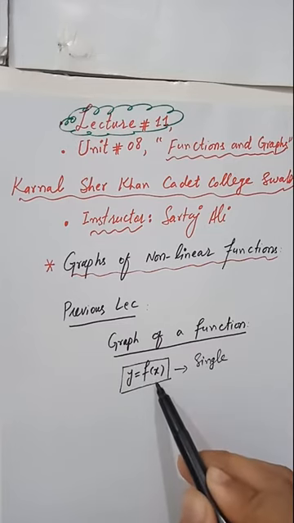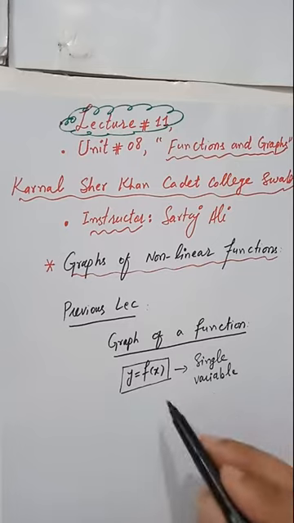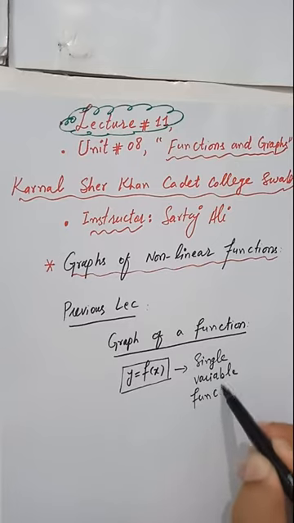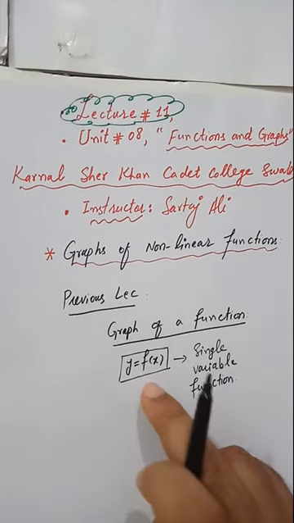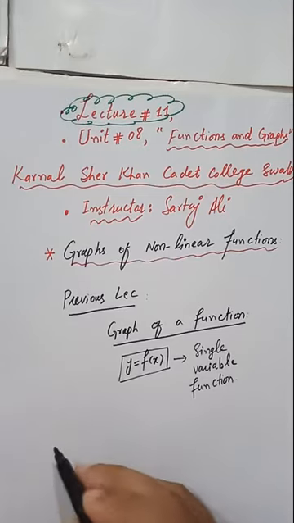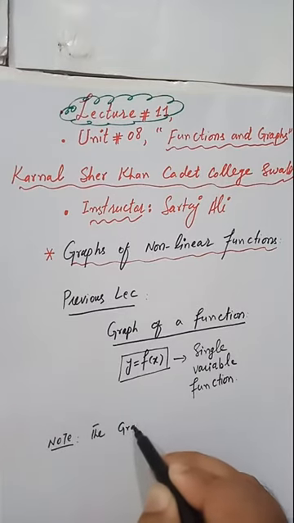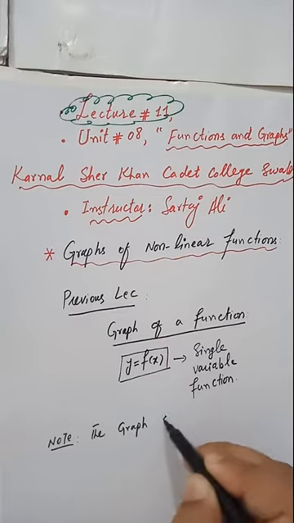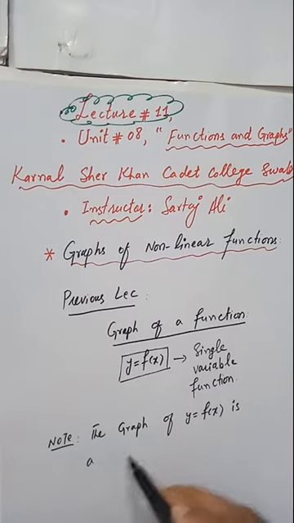You see that x is in the argument, so it is a single input. So it is a single variable function, in general form. The graph of such functions is a curve in a two-dimensional plane. Note the graph of y is equal to f of x is a curve